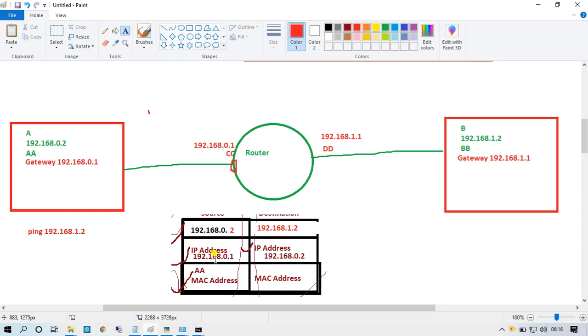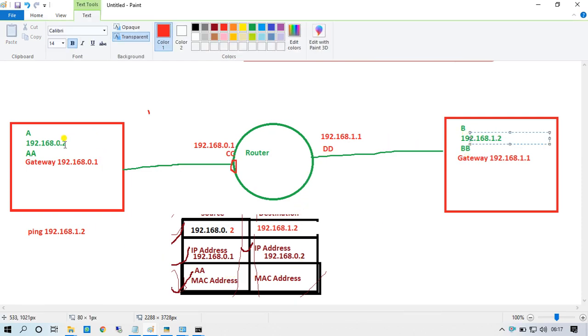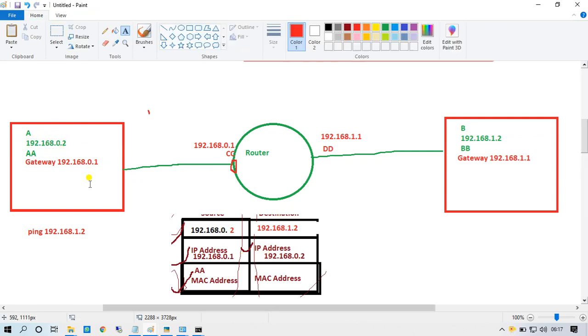My next source IP is 0.2, and my destination IP is this one. For that, it has generated a packet for this one.